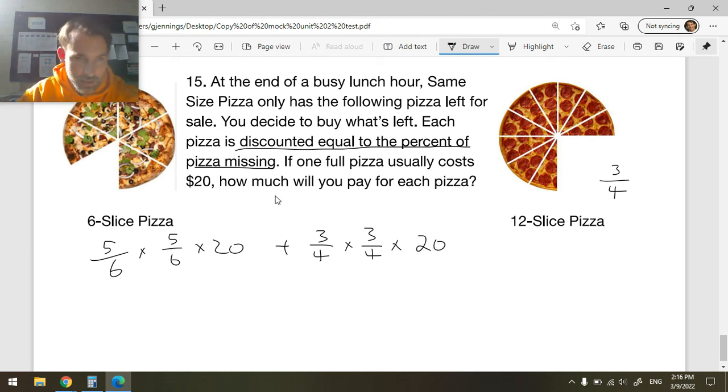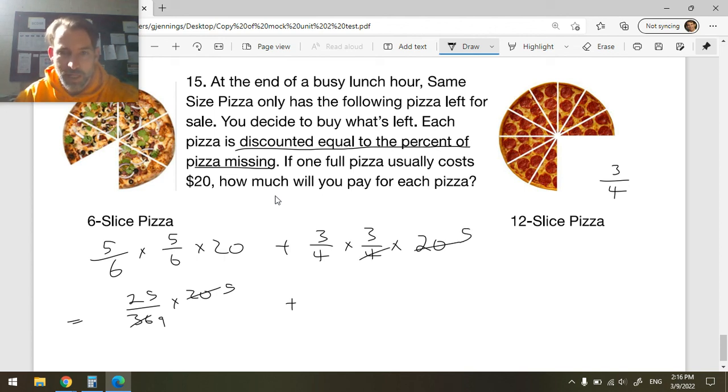Okay, so let's bedmas this. 5/6 times 5/6 is 25/36 times 20. Okay, both of these are divisible by 4. So this is 5. This is 9 when I take out the factor 4. So this is, and then let's do this one. 3/4 times 3/4. This is, well, this would be 5, and that cancels one of those 4. So I'm done my canceling. This is 9. 9 times 5 is 45 over 4, okay, plus